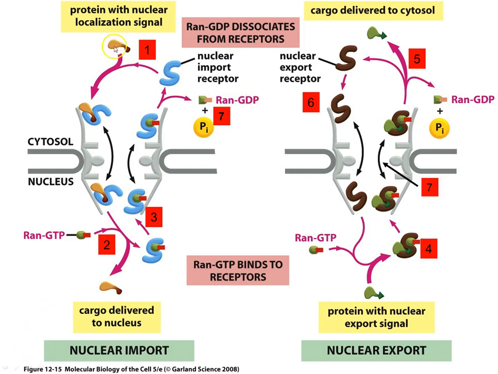So the end result is our cargo started off in the cytosol, it ended up in the nucleus. When it got to the nucleus, it encountered RAN-GTP. Remember, RAN-GTP is abundant in the nucleus. That displaces the cargo, and then the RAN-GTP goes out on the nuclear import receptor, and that gets dephosphorylated to RAN-GDP, and that frees up the nuclear import receptor to bind more cargo. So it's directional. The P53 protein, in this example, can only get into the nucleus, it can't get dragged back